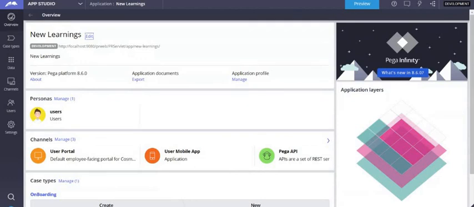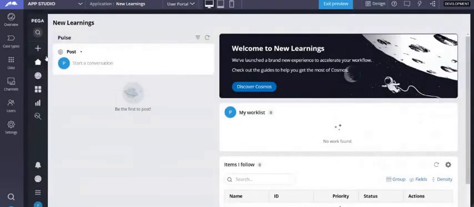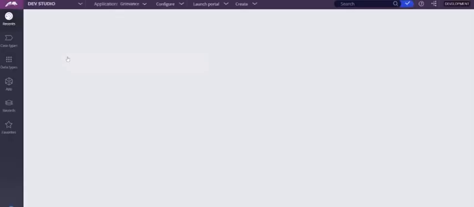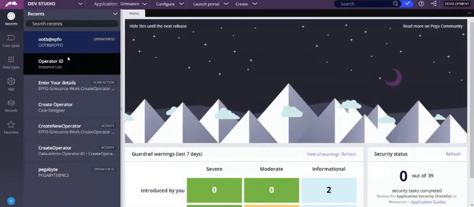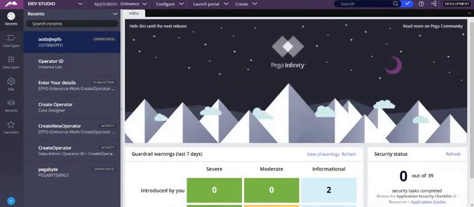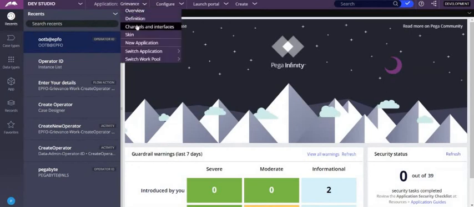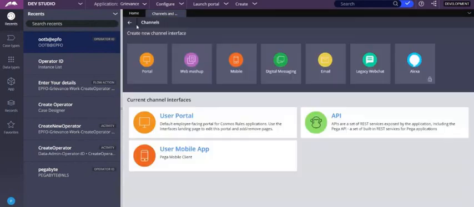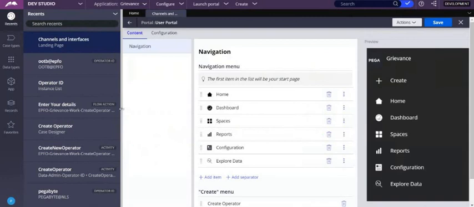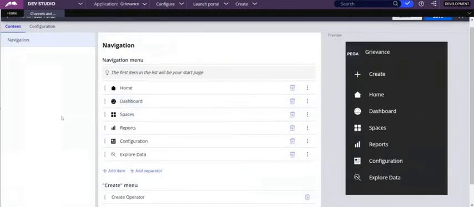So from App Studio only you switch from one application to the other application. So click on preview again, preview. So let's go to application again. Let me switch to grievance again. Right. So now I went to grievance. From here also you can change the portal. So how do you change? Go to application menu and you find channels and interfaces. Yes, click on this, and through this user portal is available, right? So click on user portal. So what you don't want to see here, can you see, the create menu is